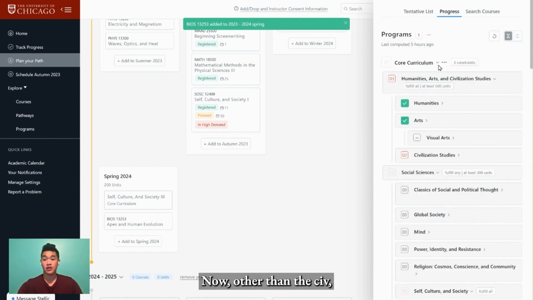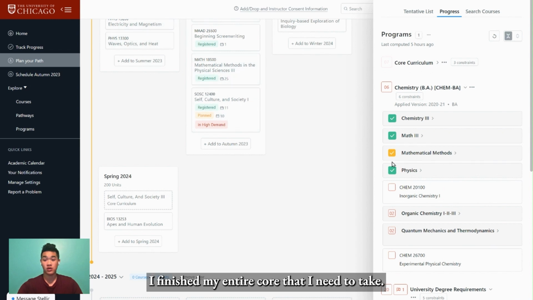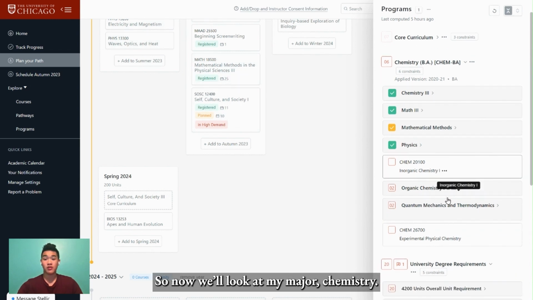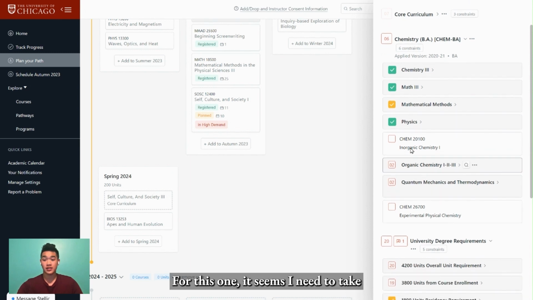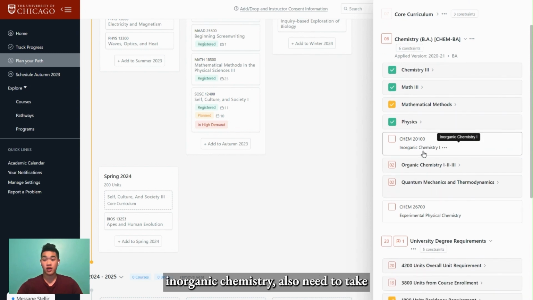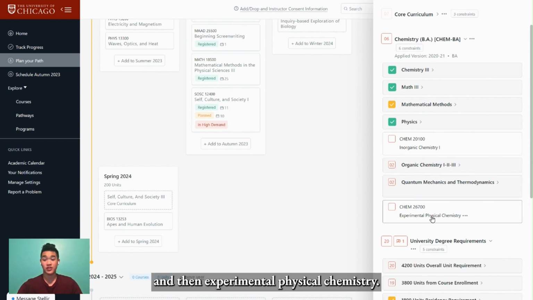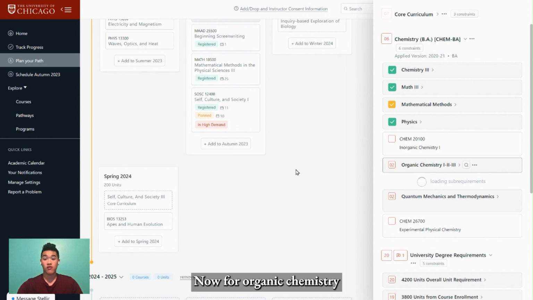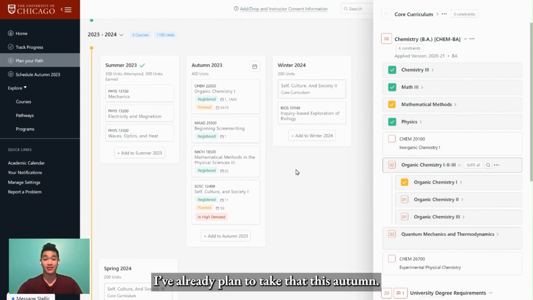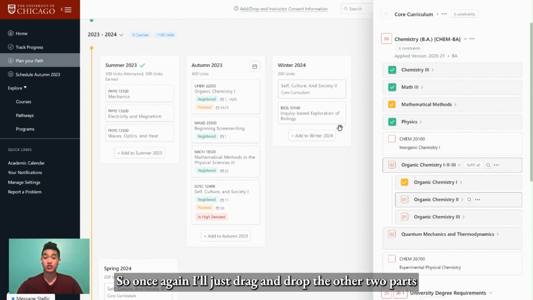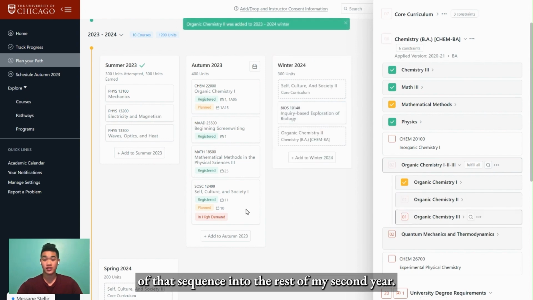Now, other than the civ, I finished my entire core that I need to take. So we'll now look at my major, chemistry. For this one, it seems I need to take inorganic chemistry. I also need to take organic chemistry, quantum mechanics and thermodynamics, and then experimental physical chemistry. Now, for organic chemistry, I already plan to take that this autumn. So once again, I'll just drag and drop the other two parts of that sequence into the rest of my